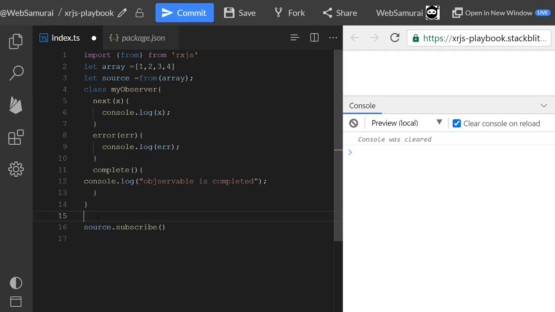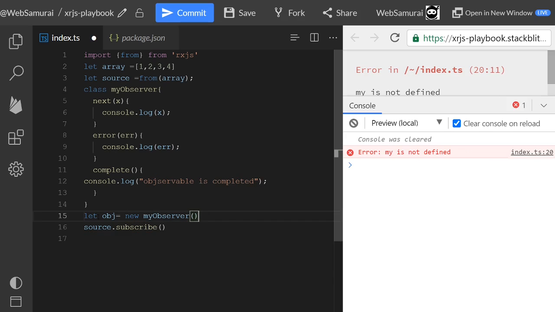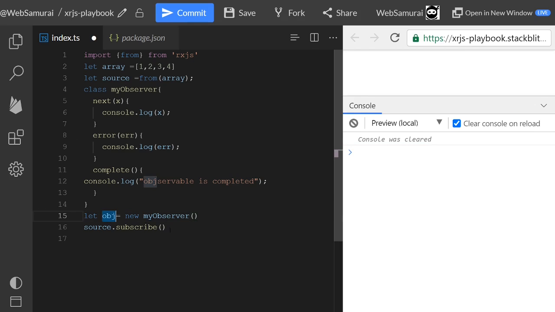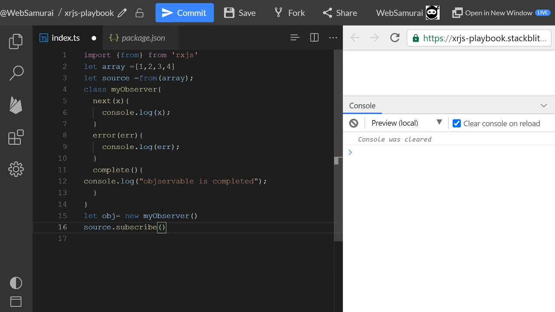So let's create an object of the MyObserver class and pass it to subscribe. Subscribe takes the observer as a parameter, and whenever the source emits a value, the observer handles it.